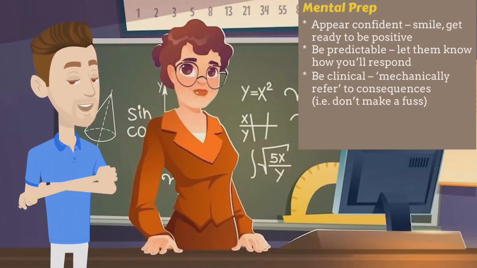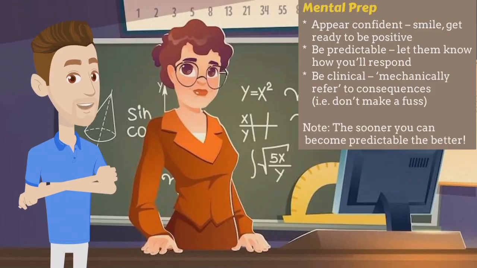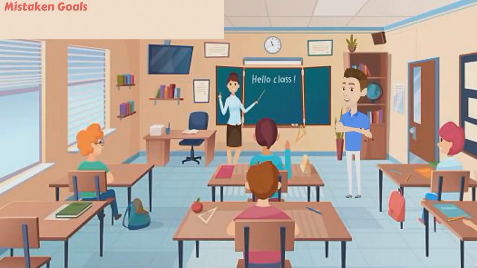A key difference between the teacher who appears in control and the one who isn't is the degree to which the students can predict the teacher's response, or indeed if there'll even be one. That's why the experienced teacher seems to be in control, and the new teacher or supply teacher is likely to have a tough time with the difficult class. Mistaken goals can complicate matters.